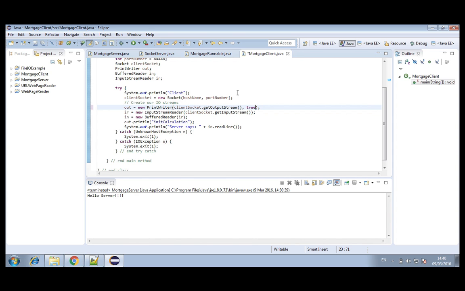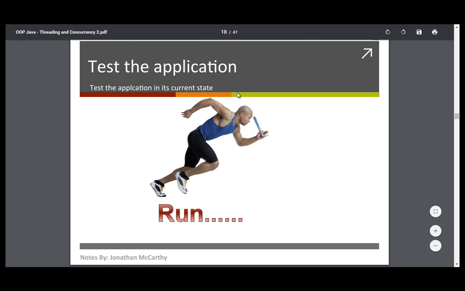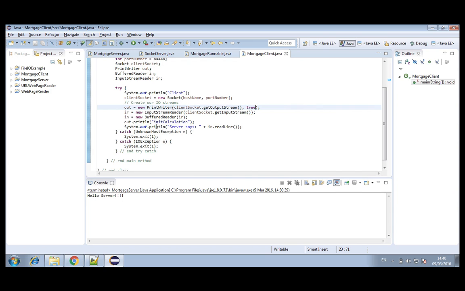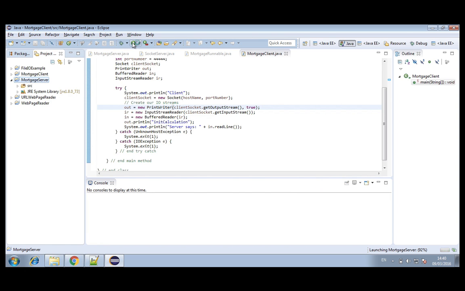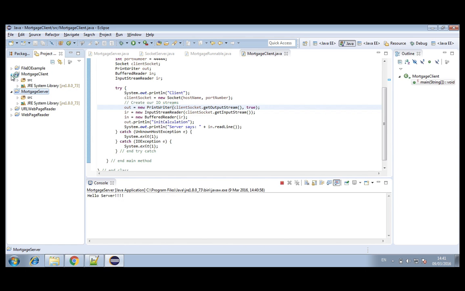So save that, and we're just going to test our application again. So we're up as far as running our application. So click on server and run. Okay, so the server's running. We have our client, and we run the client. Oh, excellent. Okay, so now on the client side, the client is saying, server says, thanks for the message,